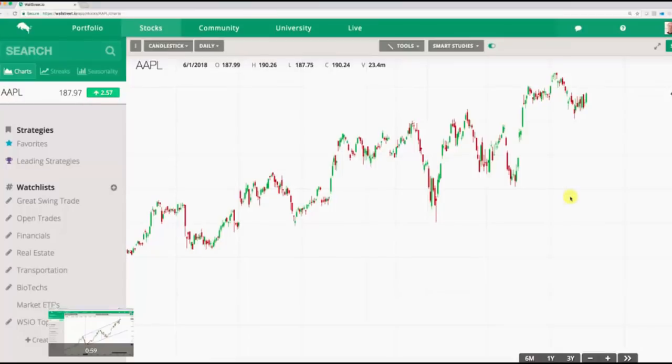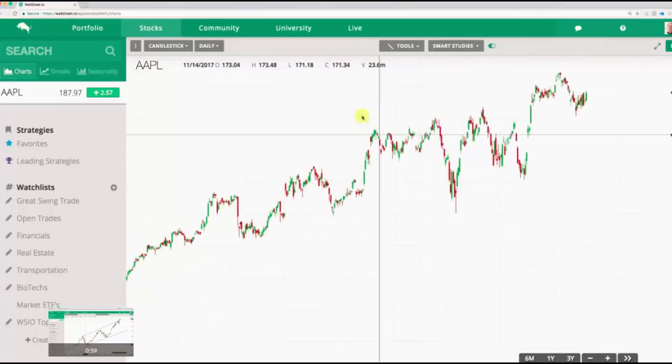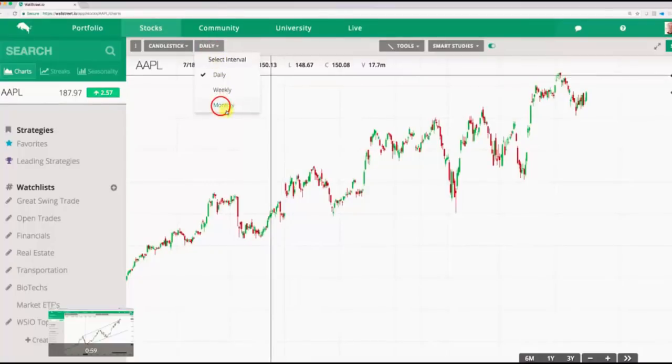Today we're going to talk a lot about the idea of late cycle or early cycle in the context of the Apple chart. I'm also going to tell you where I think Apple's probably going over the next week and for the rest of the month. So stay tuned. What I want to do to start off is talk about the long-term outlook here on Apple,